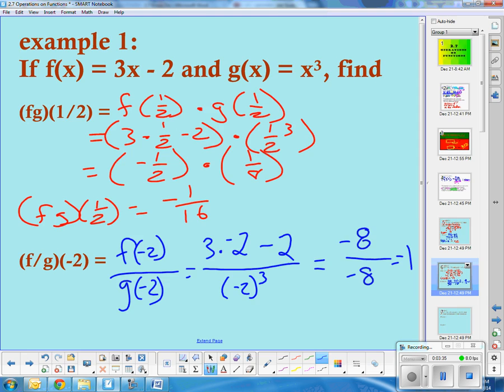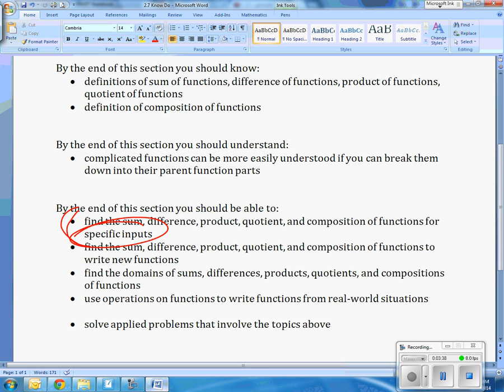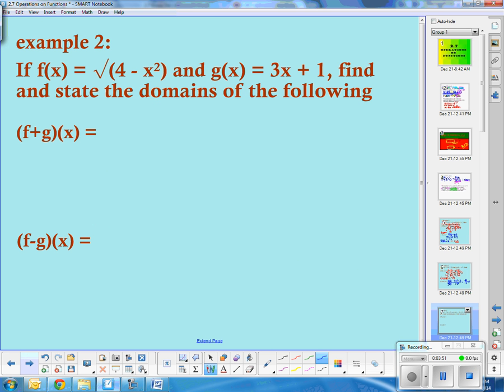So there's an example of what I said about finding the sum, difference, product, but not composition, we didn't get there yet, for specific inputs. The second example we're going to do is doing it generally. You'll notice here on example 2, I have 2 new functions, f and g. But in the problems that we're going to have, there's no number in there for x. And so really our task is to write a new function